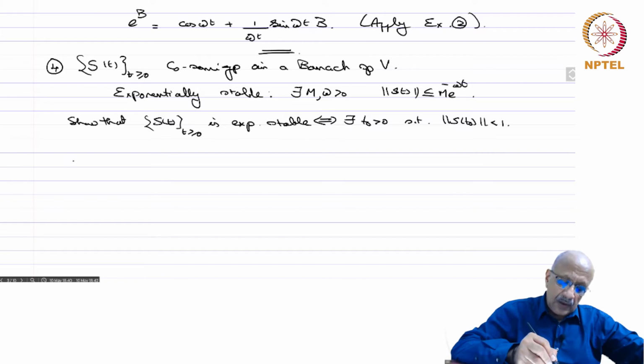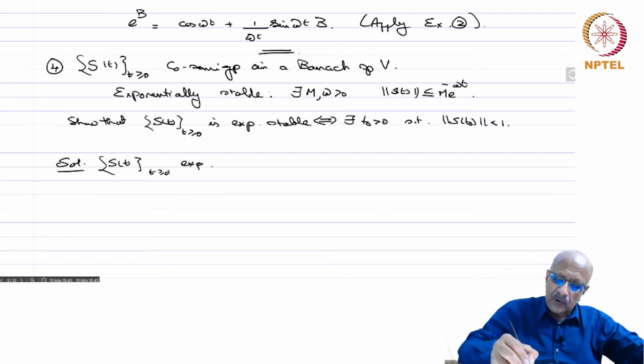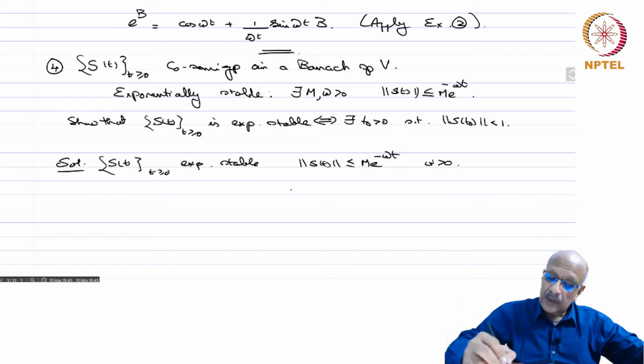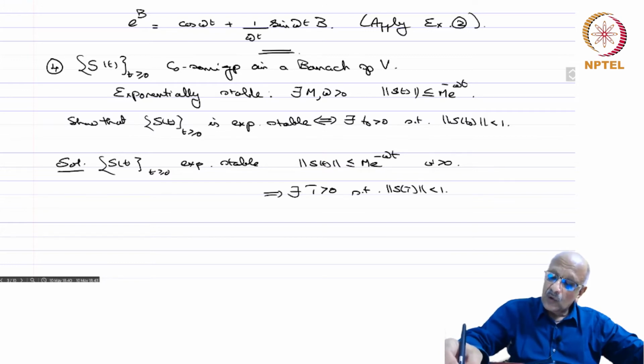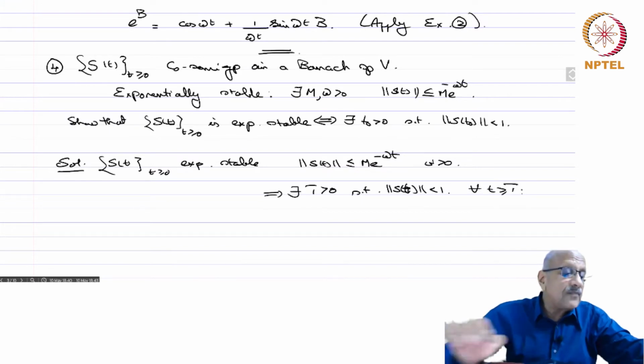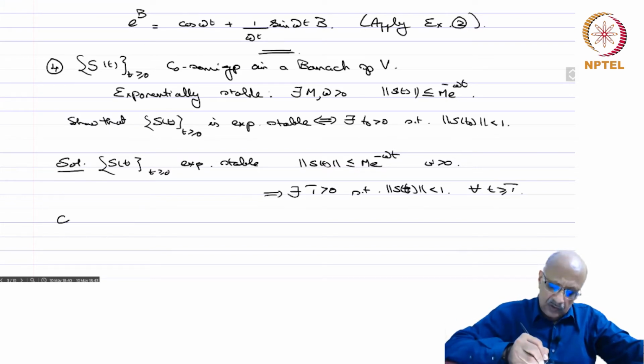Okay, so solution. If S(t), t greater or equal to 0, is exponentially stable, that means norm S(t) is less than or equal to M e power minus omega t for omega positive. Okay. So this implies there exists a t sufficiently large such that norm of S(t) is less than 1. In fact, norm of S(t) is less than 1 for all t greater or equal to capital T. Okay. So trivially so. Conversely,